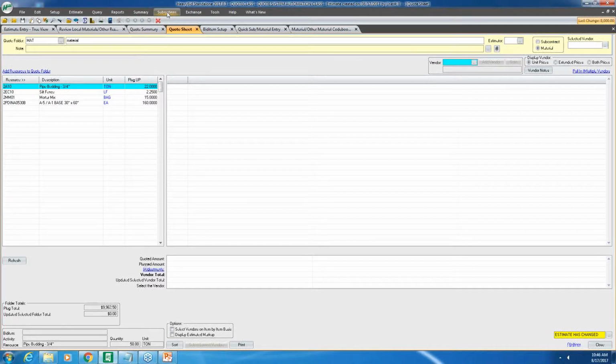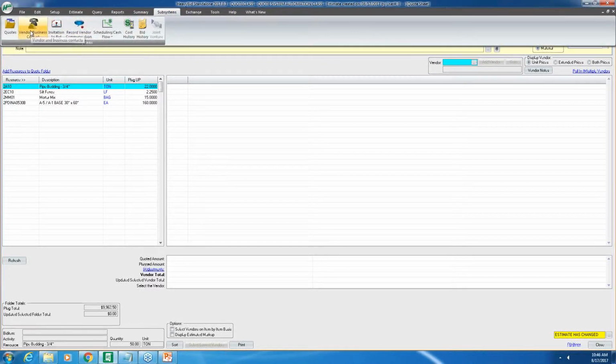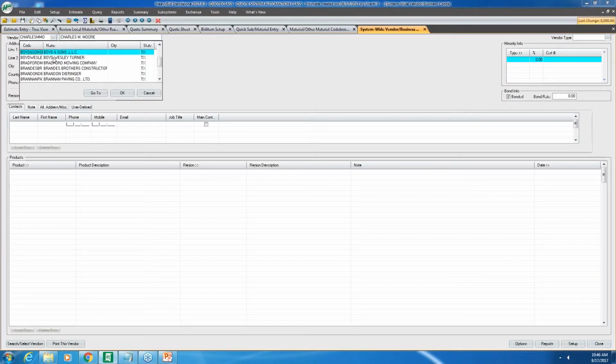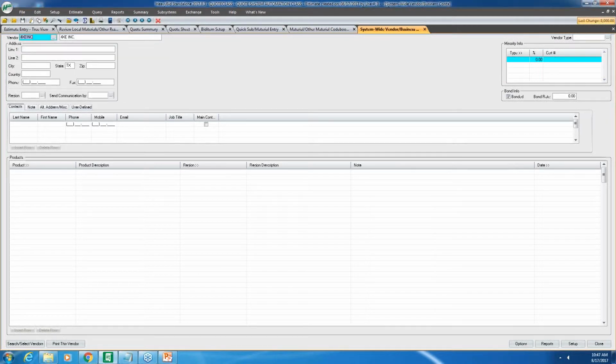So we're going to go up to our subsystems, and we're going to go to our vendor business contacts. And in this case, I am just going to use the very first one on the list, 4x4 Inc., because that's what we're going to add it to. And when you're in your system vendor setup, you have this whole section down at the bottom, and that is setting up products in regions. Now, setting up a product in region,